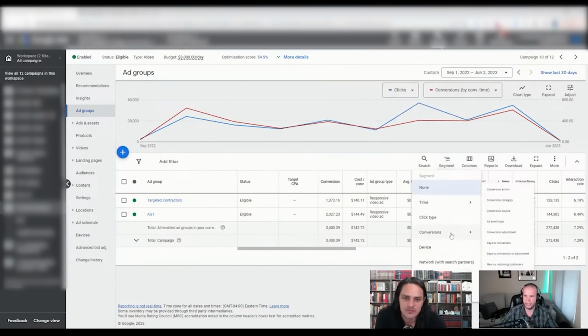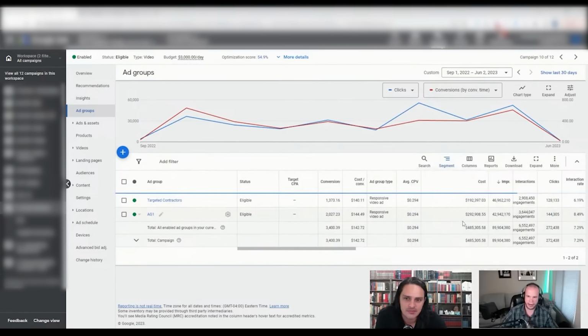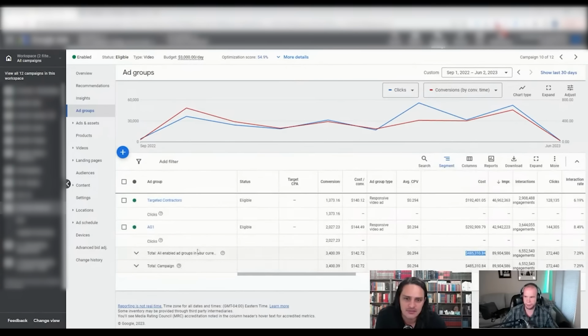Why? Well, when we look at the ad event type, out of $485,000 worth of spend, 100% of these have been click attributed. We don't have engaged view conversion in this account. So this scaling has been pure cold. And in the back end of what I can see from the client's HubSpot, this is actually perfectly scalable into actual back-end results. Now we're only running Google, a little bit of Facebook, primarily Google, but $3,000 of the $5,000 per day is on YouTube. So when I push this, we see a great result in the back.